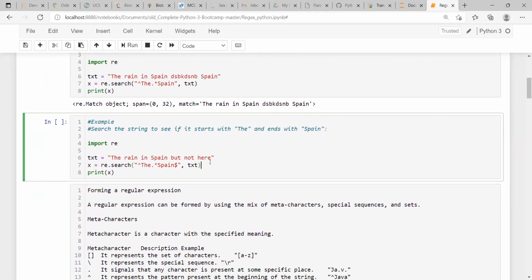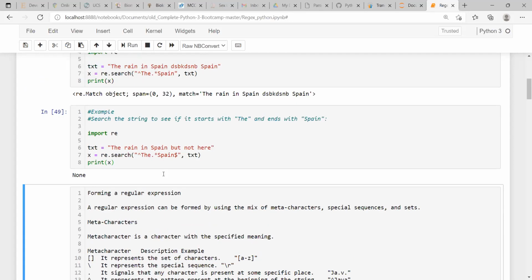Okay, so this is already given here also. Say for example, we are running this code, but there are certain more words in the given string: the rain in Spain, but not here. If we use the same syntax, what will we get?